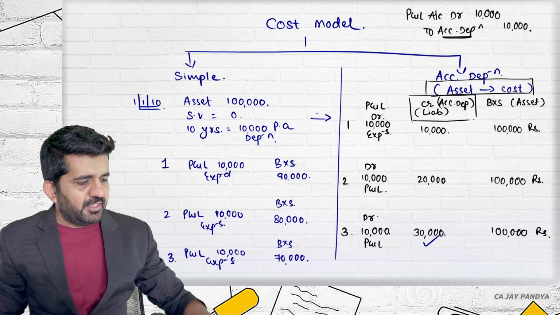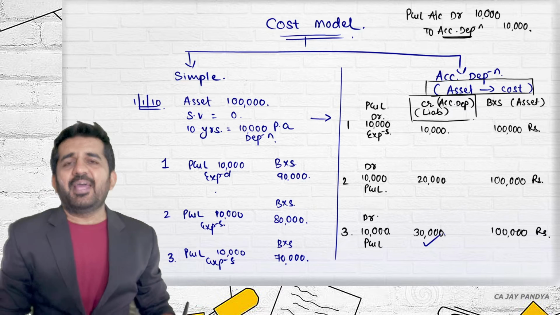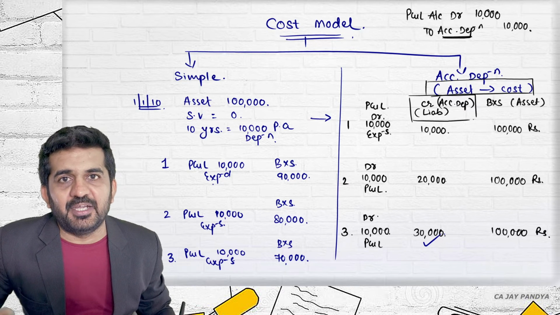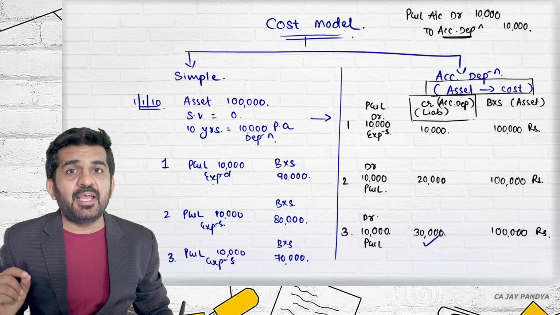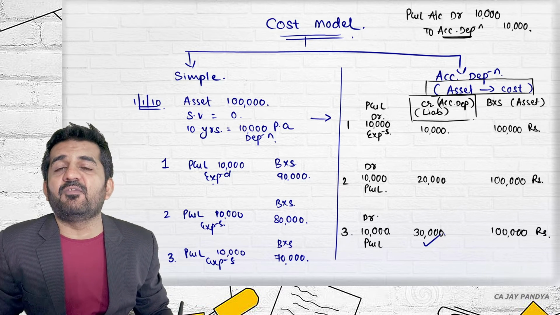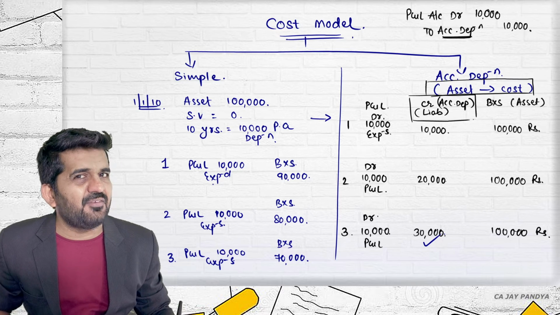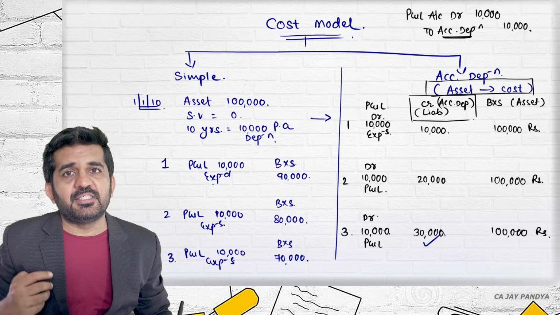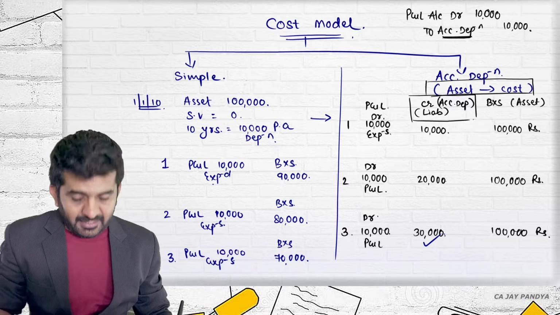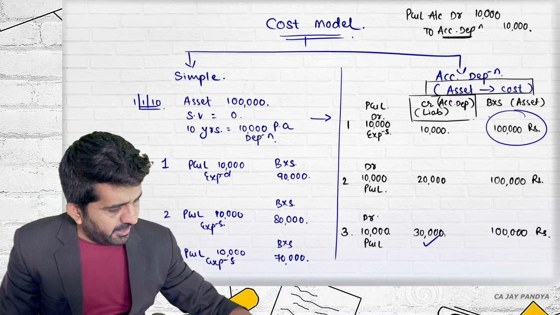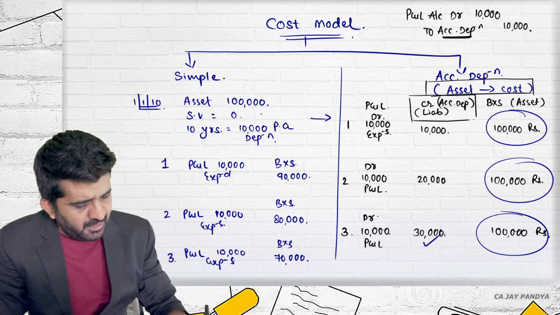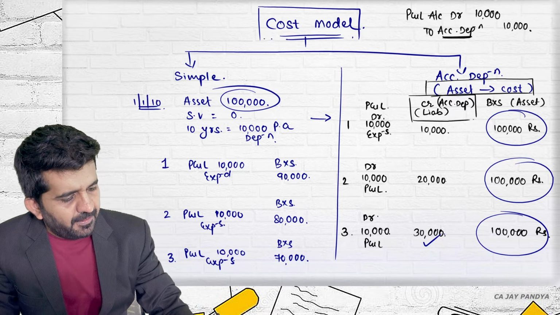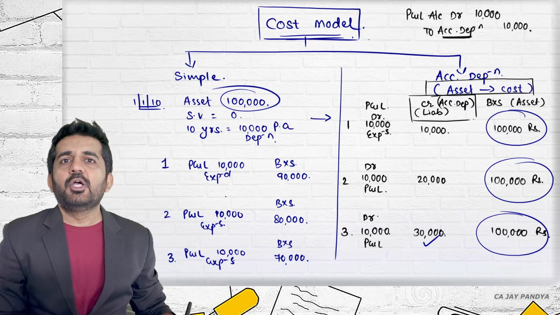All right. So this is a cost model, where you treat only cost as your expenditure. If there is a decrease in the value of the asset, you will have to write down an impairment loss. If there is an increase in the value of the asset, that increased value cannot be recorded. What can be recorded in the balance sheet is only the cost of the asset. This first model is nothing but the cost model.